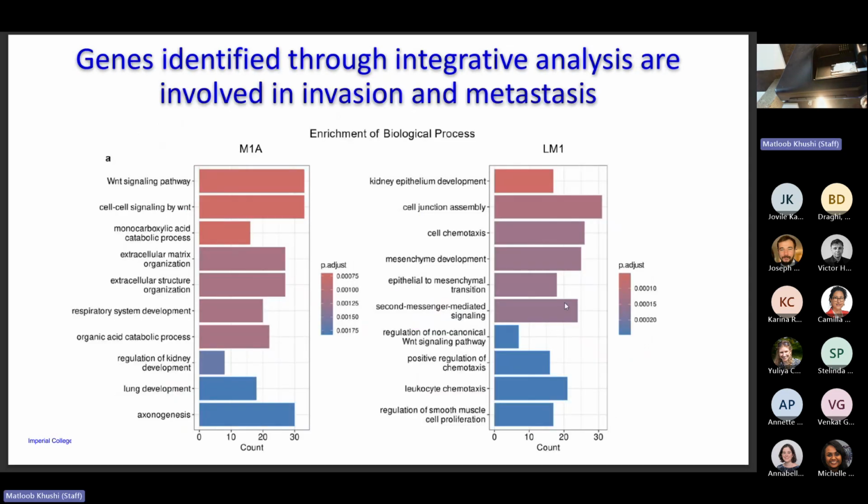Once you have these, you can then use the genes to figure out what these genes are involved in. And the signatures we got were those involved in invasion and metastasis, obviously. But that basically tells us that our data processing was correct, because we were looking at differences between metastatic and parental tumors. But it did give us particular processes that are unique to renal cancer metastasis.